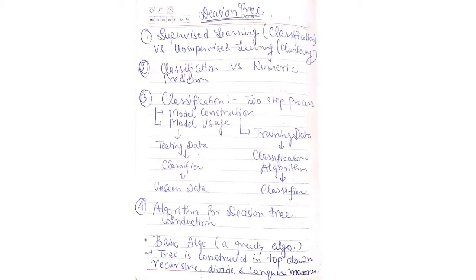So now we are going to study the algorithm for decision tree induction. Before that, decision tree is a tree which is formed based on the attributes and predicts whether a particular attribute set must belong to a particular category or to some other category. So decision tree is basically used in making a decision or assigning a class label based on the values of the attributes. Firstly, the basic algorithm is a greedy algorithm in which the tree is constructed in a top-down recursive manner via the divide and conquer technique.